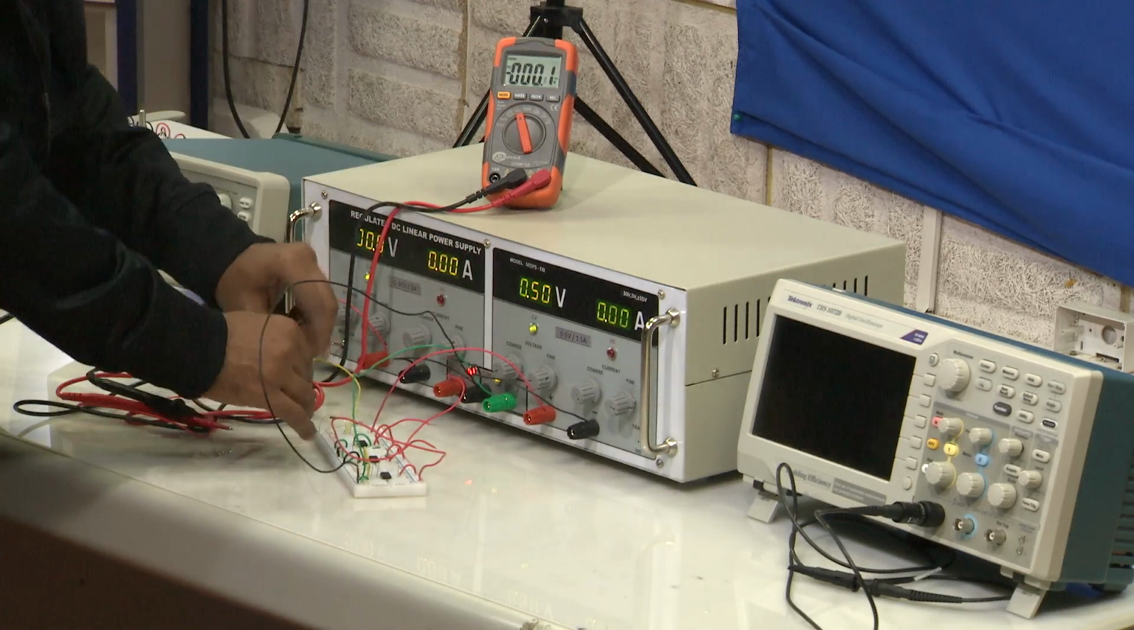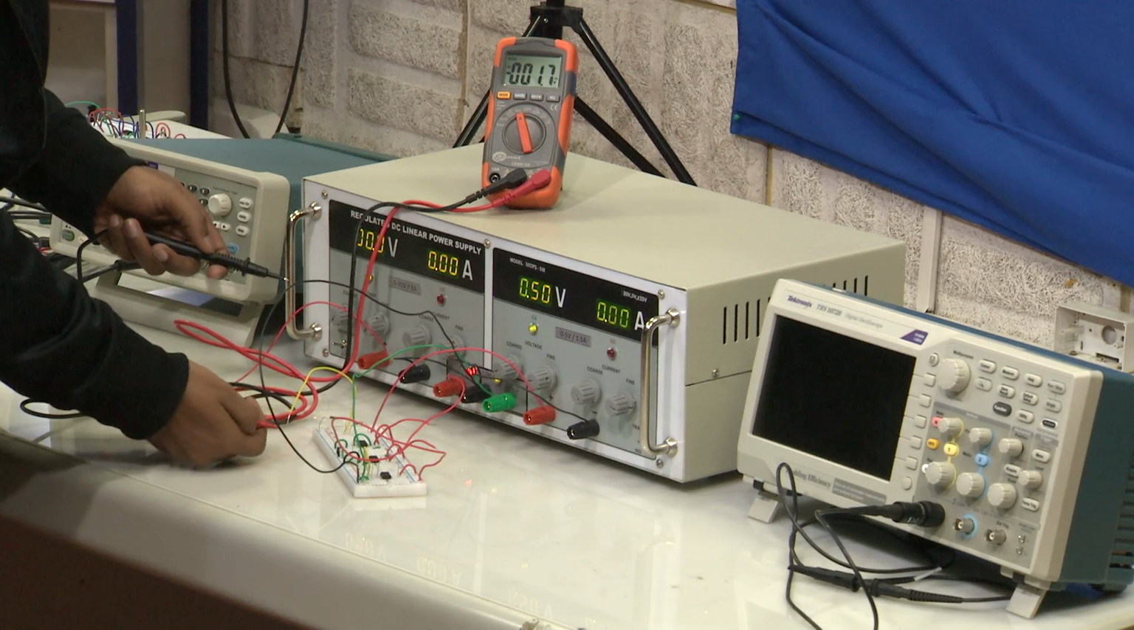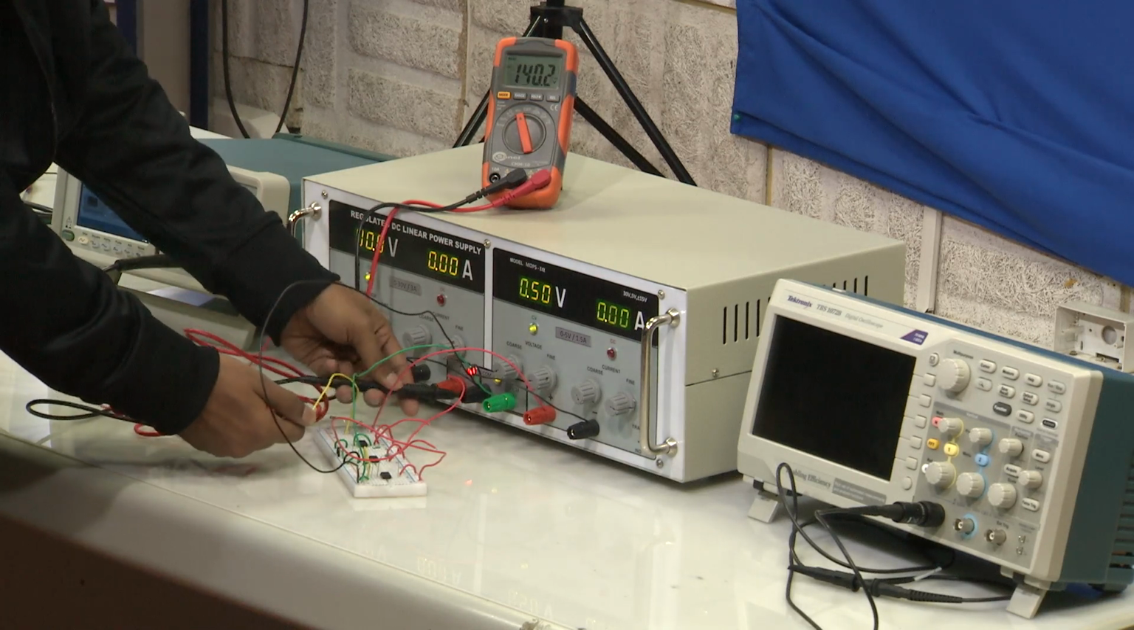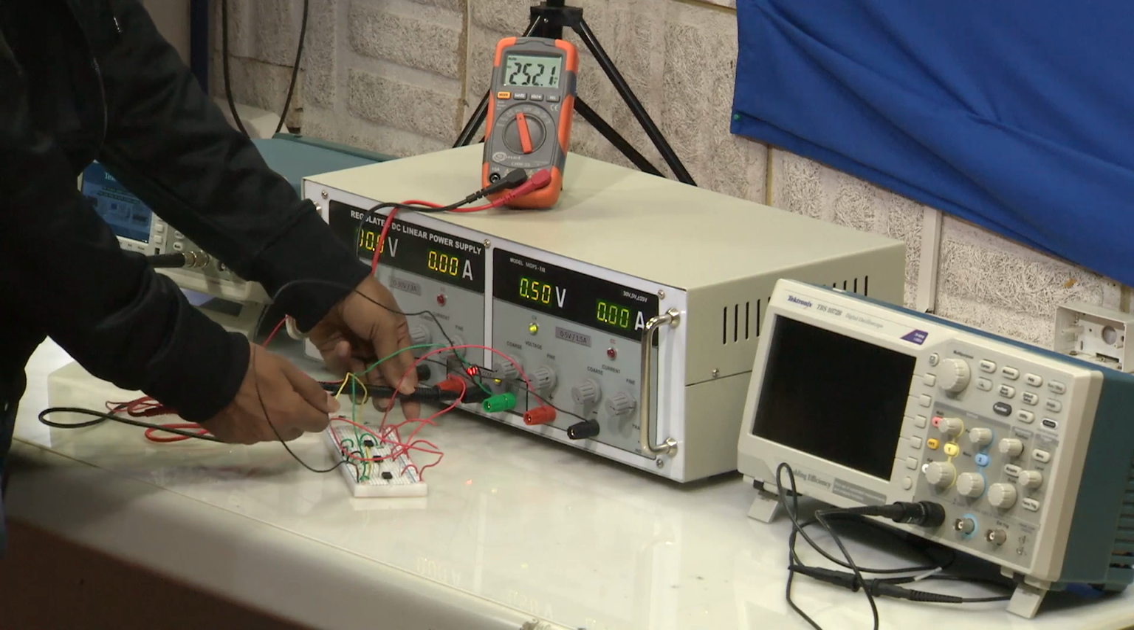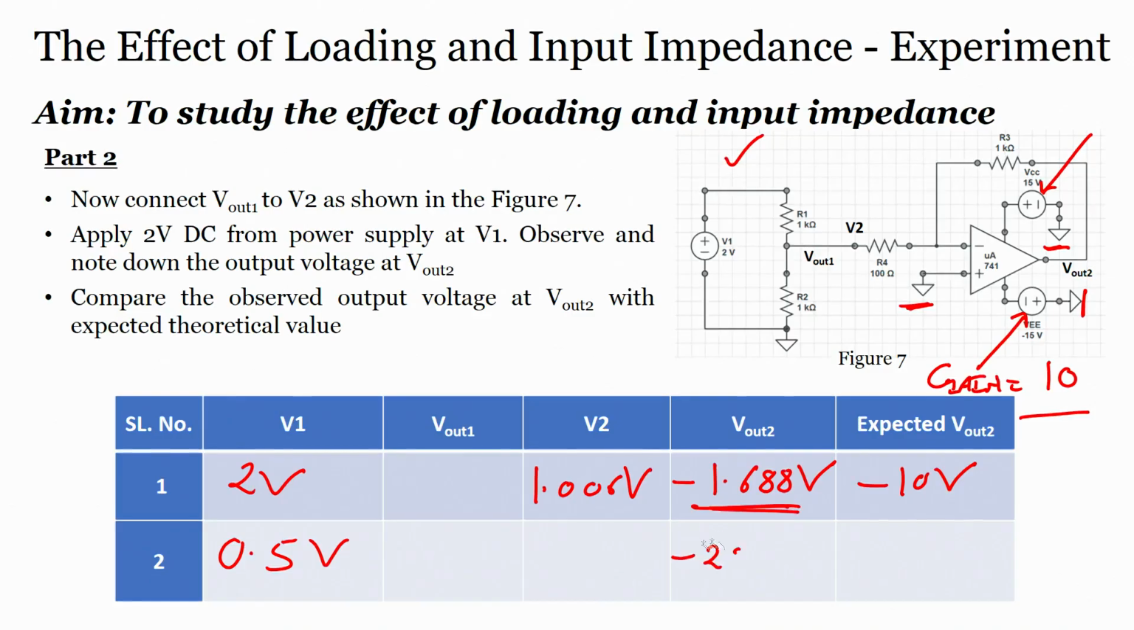So, we have applied 0.5 volts as the input to the potential divider circuit, and we are measuring the output voltage, 252.5 millivolts. V 2 is 252 millivolts. What is V out 2? Can you measure V out 2? V out 2, when we measure,